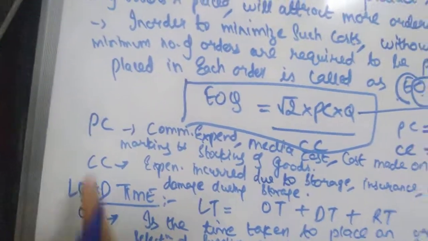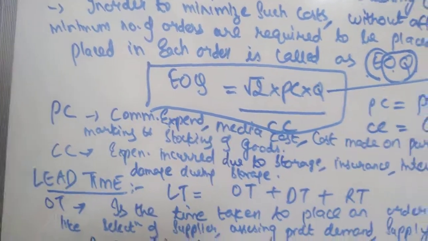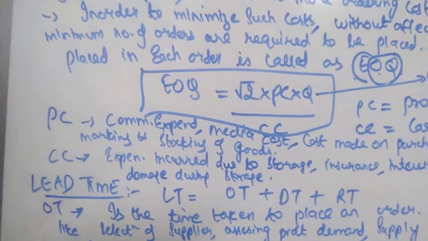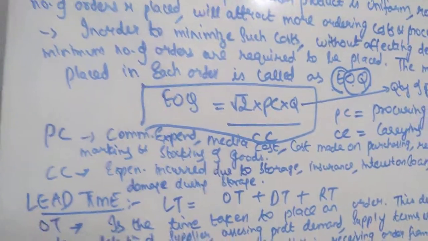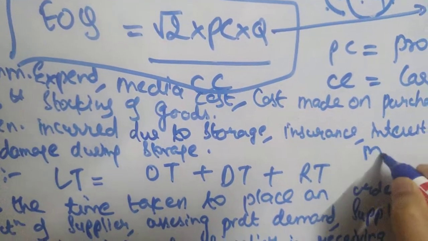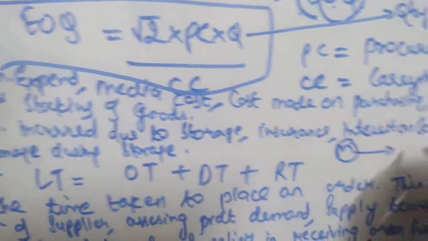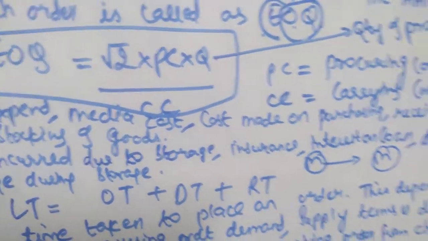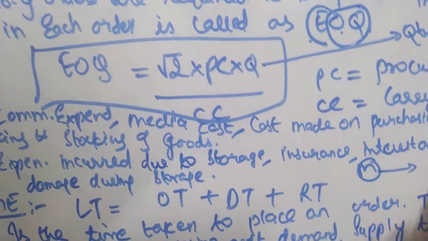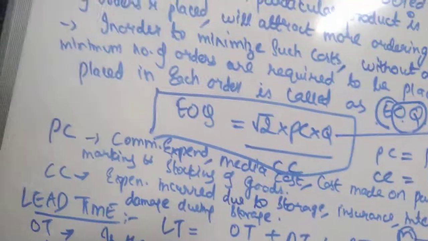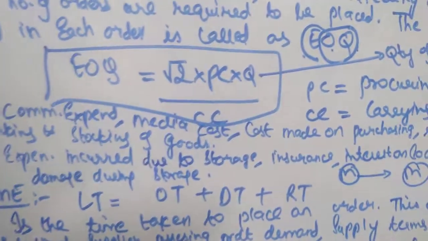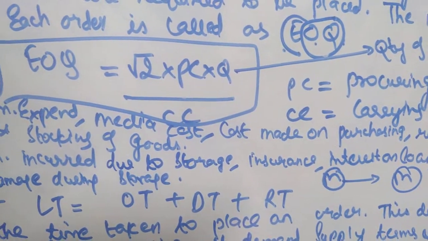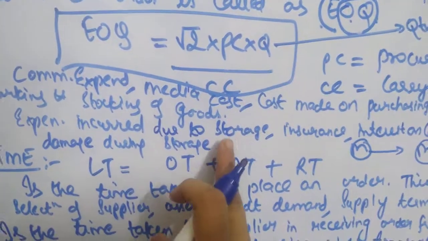Okay, next, carrying cost. Carrying cost is nothing but whenever you are ordering that product, what expenditure you have to maintain till you supply that product to the customer. So for example, you got the product on Monday, let us suppose, and you are delivering it next Monday. Next Monday that customer comes and takes it from you. So till this 1 week, what all costs you have to bear? You have to bear the expenditures incurred due to storage. For example, if it requires refrigeration storage, if it requires cold storage, then also it is a kind of cost, right? So expenditure incurred due to storage.